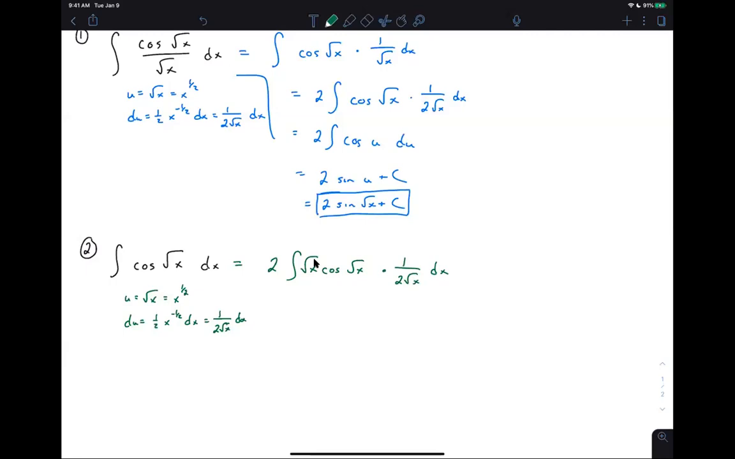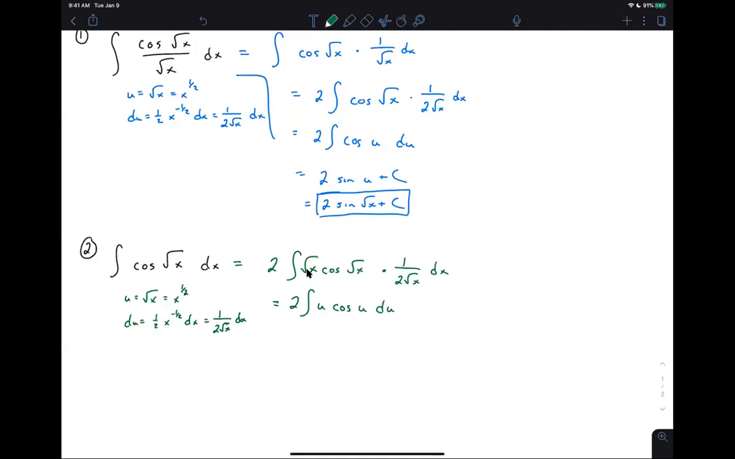It's not necessarily clear why it's going to work, but are we clear that it's okay? Everybody good? Okay, now the reason it is going to work is because this stuff at the end, that's du. This is cosine of u, but then what's this? U. That's u. So I can rewrite the problem as 2 integral u cosine u du,